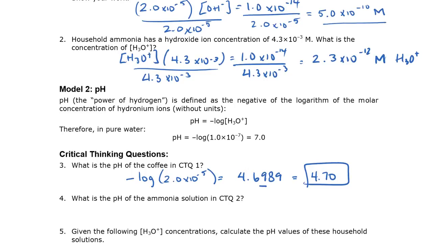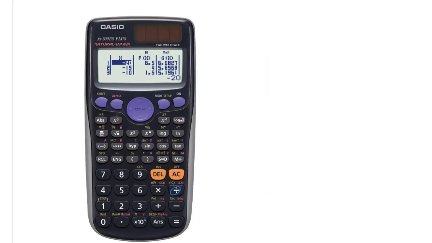If you have something different, pause and rework it, but I set it up like this, minus the log of the hydronium concentration, and the way I type that into my calculator, I actually didn't do the minus. I just went ahead and did the log, and then I put in 2.0 times 10 to the minus 5. Then I actually got a negative number, but I just disregarded the negative